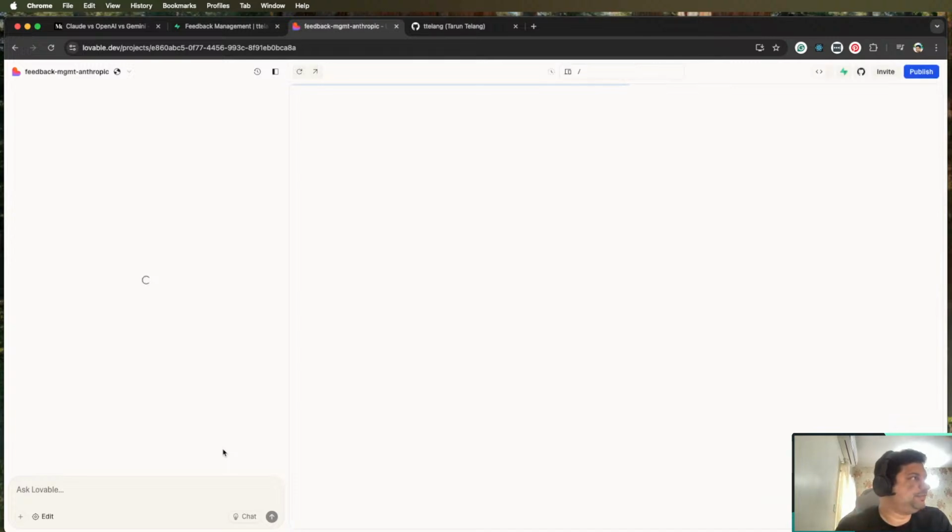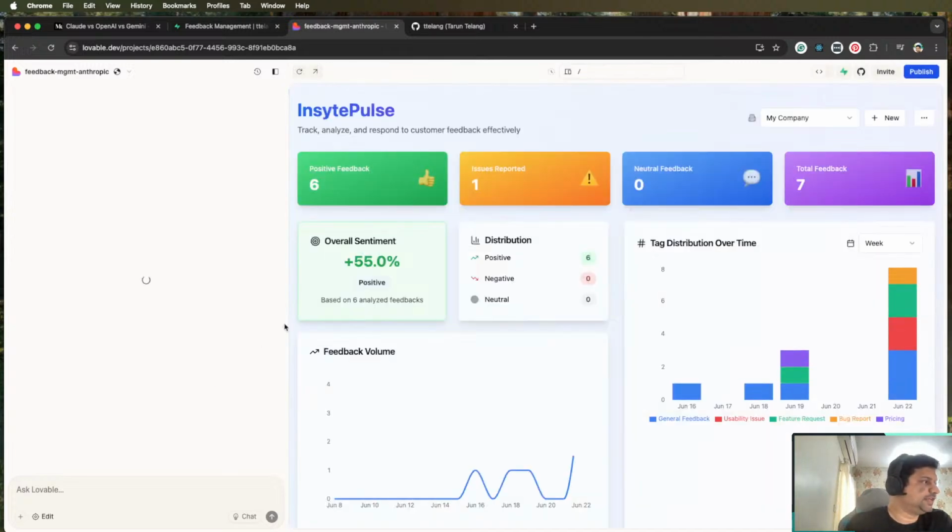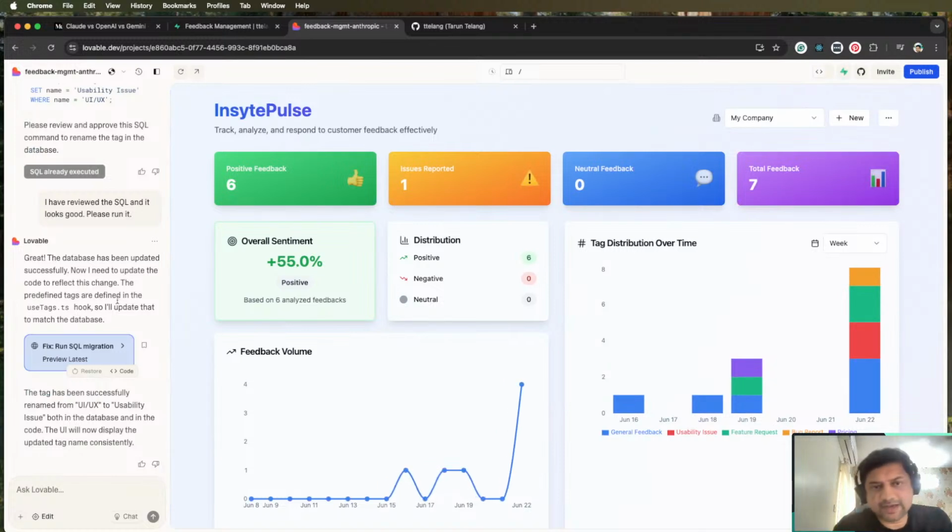So you see, this is the app which I built. It is loading. So as you see here, this is my complete dashboard app. Let me launch this. Yeah, I can show you here, this is a dashboard for all the feedback a customer receives for their organization. And here, as a user, when you log in, you can see the number of feedbacks. You see here nice animation, color coding,